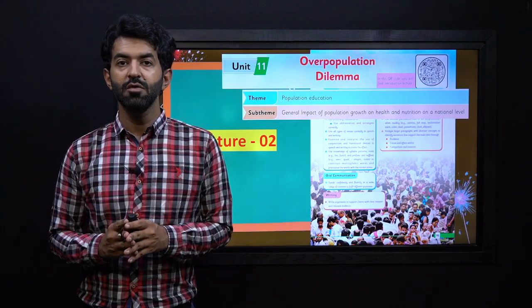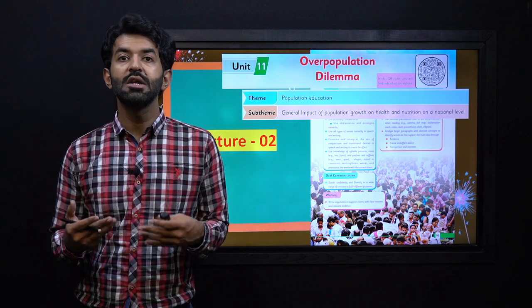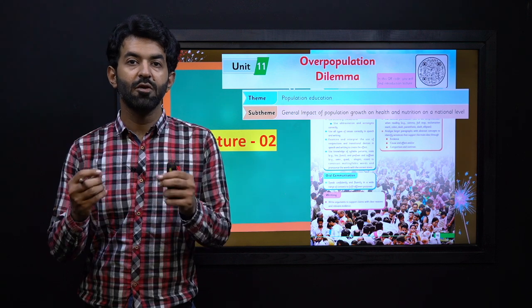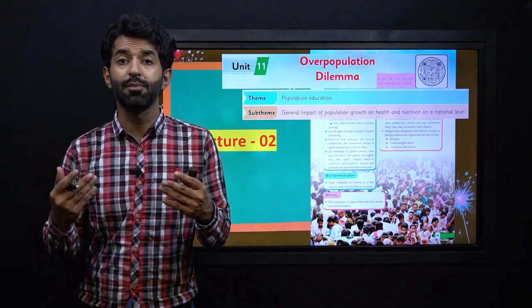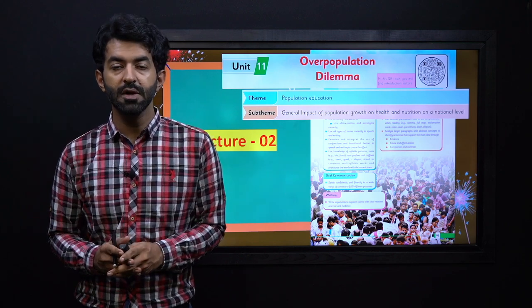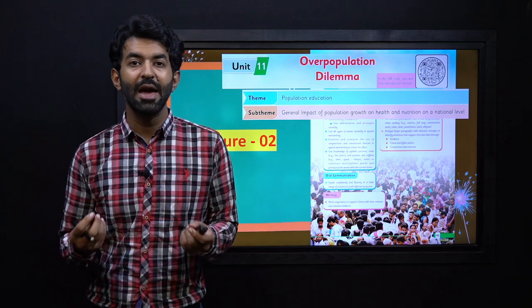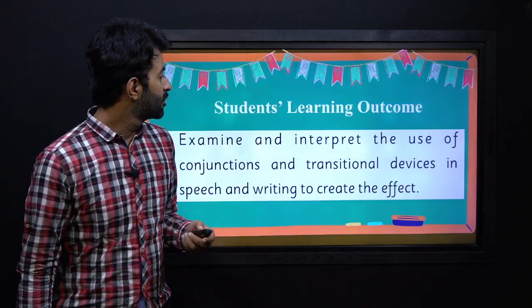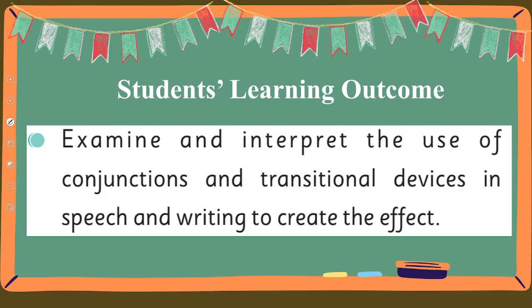Students, today we are going to talk about transitional devices, words that we use in our sentences and paragraphs to link ideas. I hope that you are familiar with this. We will learn about comparison and contrast. So, the learning outcome says that examine and interpret the use of conjunctions and transitional devices in speech and writing